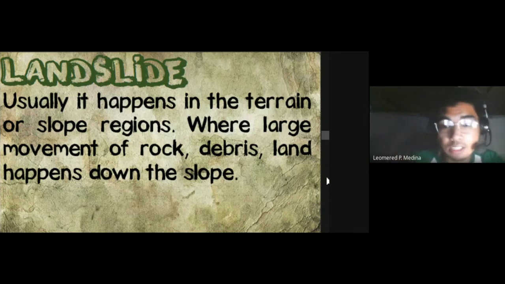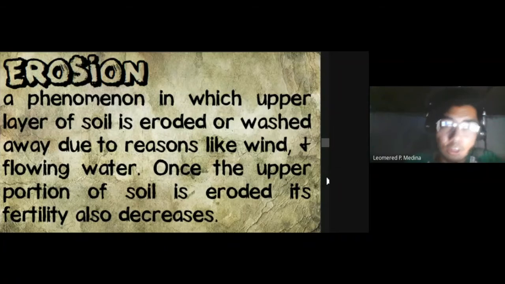So that's the reason why it is known as mass wasting, because a large amount of materials are being carried. Then in the case of erosion naman, it is the movement of the upper layer of the soil specifically. It could be because of the presence of water, it could also be because of the presence of wind. So once the upper portion of the soil is eroded, the fertility of the soil is also decreased, since the humus, specifically the most nutritive part of the soil, is